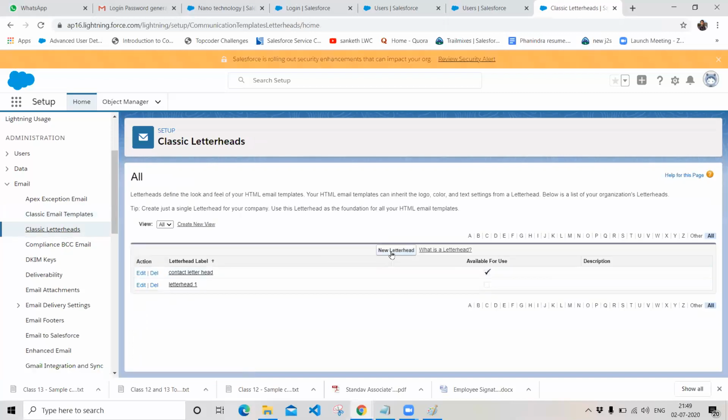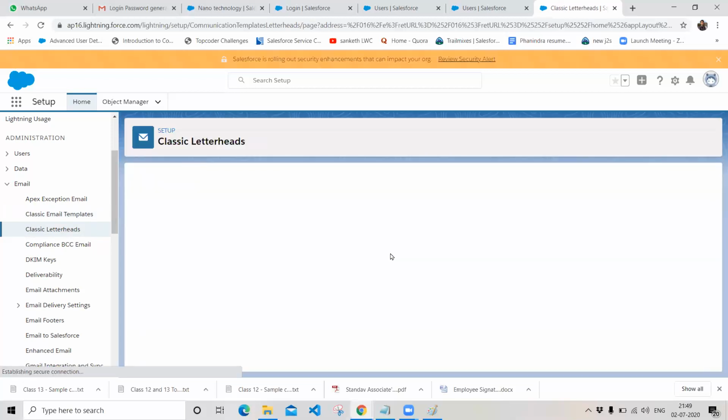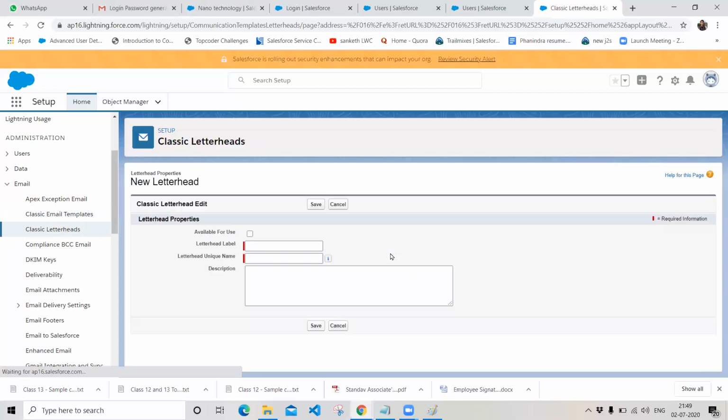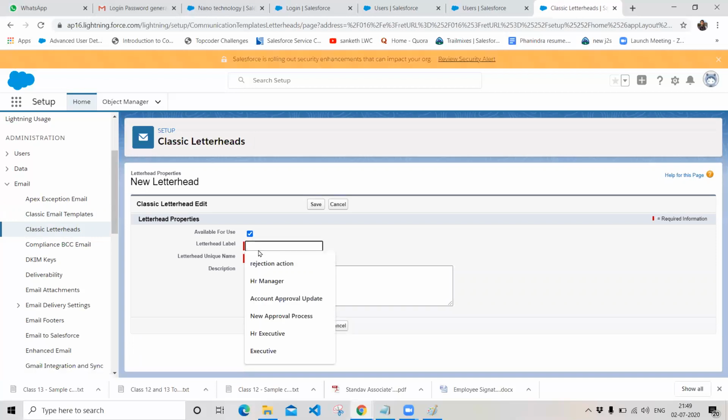and here if you do want to create a new letterhead, you can create a new letterhead. Click on the new letterhead button and choose the option available for use, and specify the name of your letterhead, HTML letterhead, and the letterhead unique name will be automatically populated.